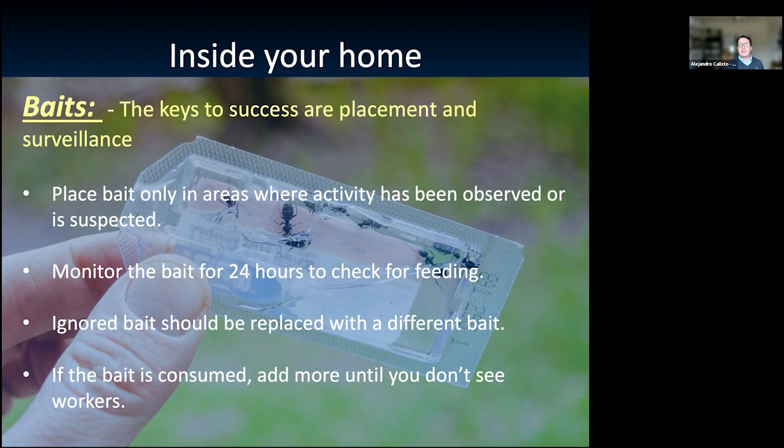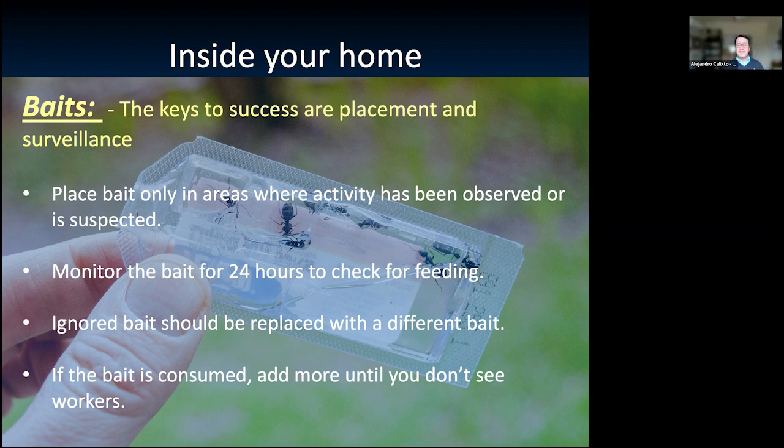So again, the success of using those baits is to put those stations where you think there's a high activity of ants. So if you see a trail, that's a good place to place the bait station. Make sure you observe those stations at least for 24 hours. You don't have to be 24 hours in front of the bait station.